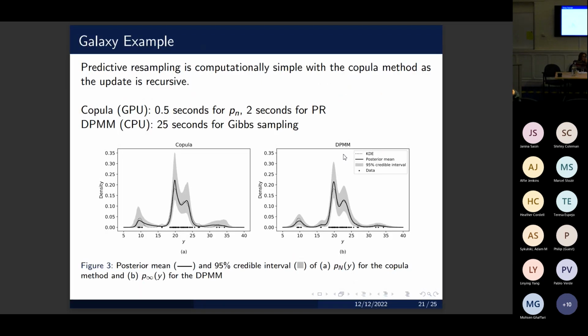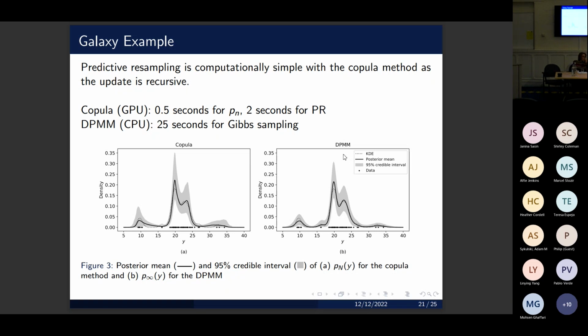And so actually predictive resampling is computationally quite simple with this copula method. Again, I'll go through the details in the discussion meeting, but the idea here is that because our update is inherently recursive, we don't actually have to do expensive model refitting. It's going to be a very quick procedure. And just for reference, we can carry out predictive resampling with the copula methods in about 2.5 seconds. This is carried out on a GPU, which helps with parallelization, whereas when we carry out the Dirichlet process mixture model, in this case, we had to do Gibbs sampling, which took about 20 seconds. So this kind of scalability doesn't necessarily generalize to all settings, but